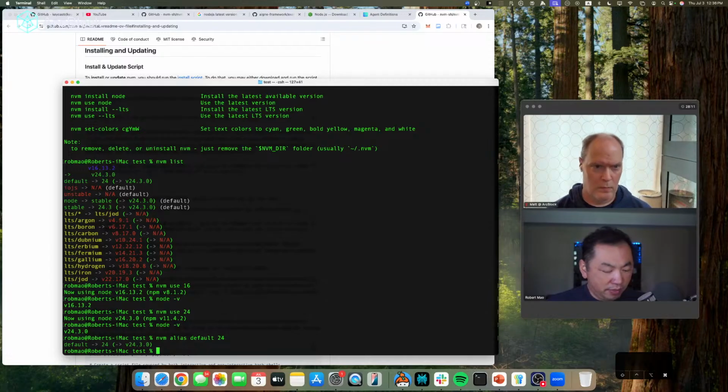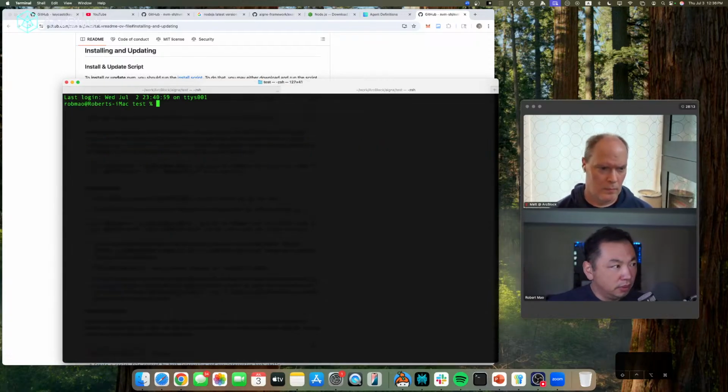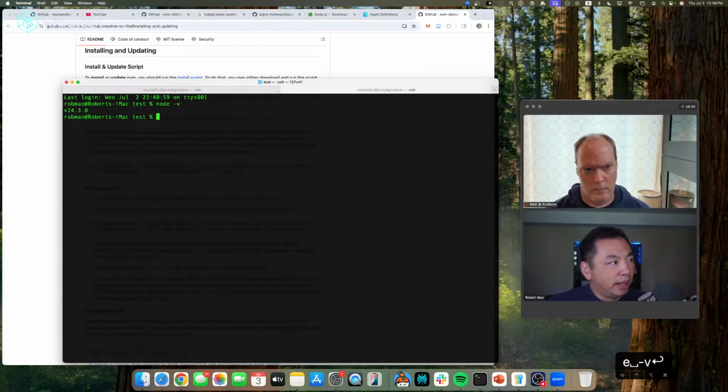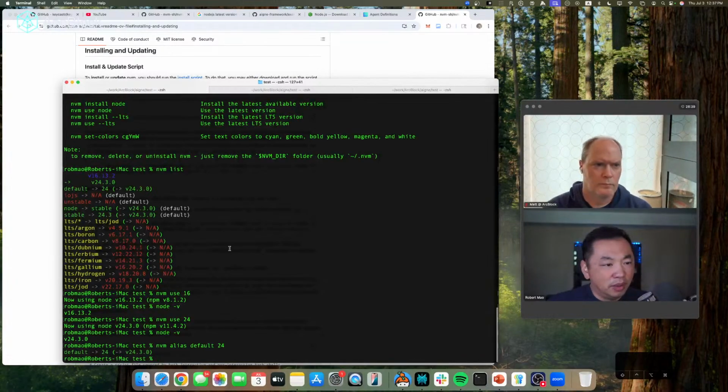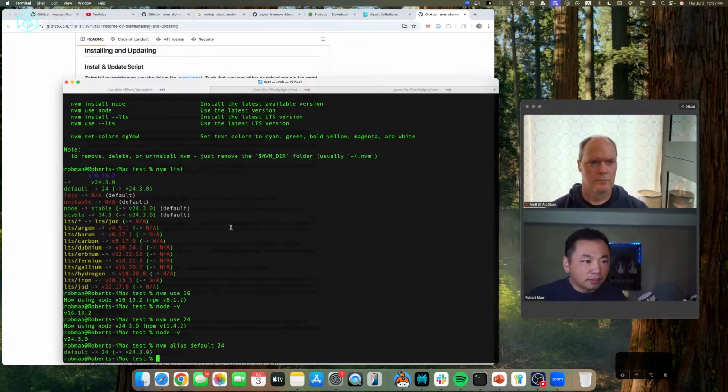So whenever you open a new window and run the node version, it's going to be Node 24. If you don't make this the default, you might end up opening another terminal tab that has a different Node version. That sometimes is very confusing. It might cause you to wonder what happened: it just worked on the left window, but why didn't it work on my right window, right?